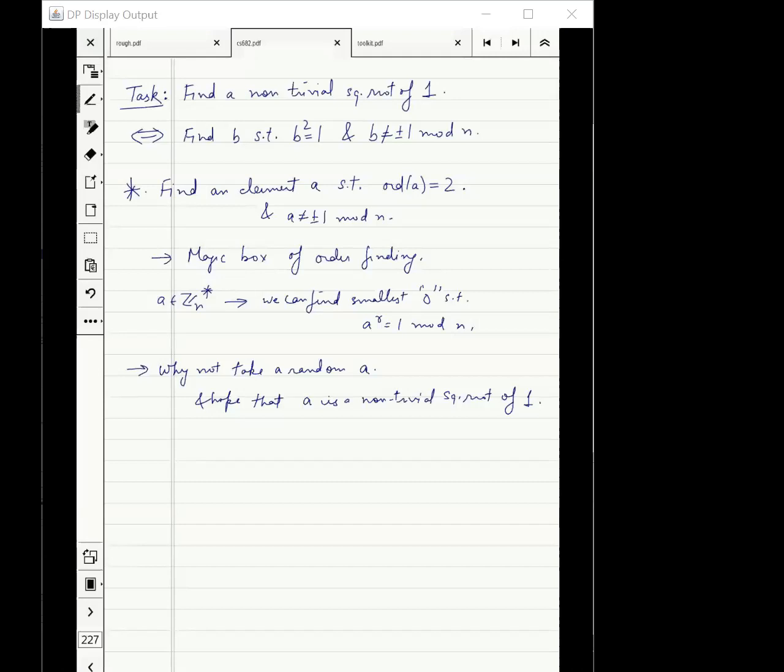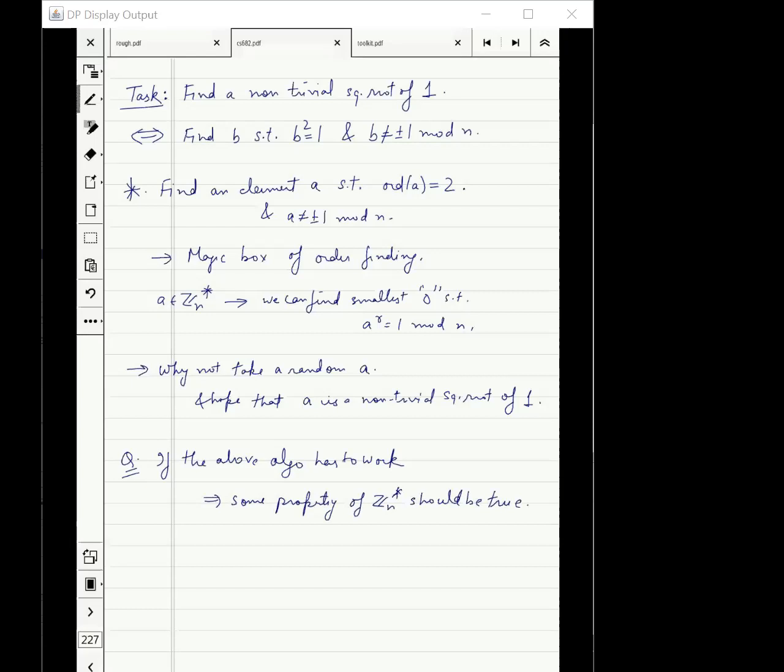So now you know the definition of randomized algorithm, right? If this is going to be a valid randomized algorithm, what property do we need about the group Zn star? If the above algorithm has to work, some property of Zn star should be true. What is that property? Can someone try to guess?